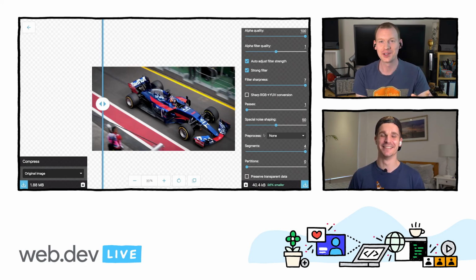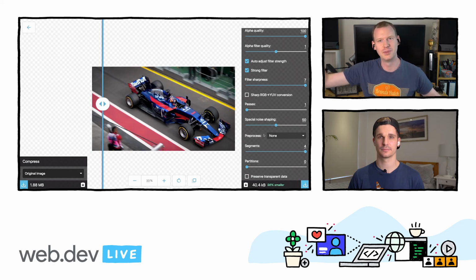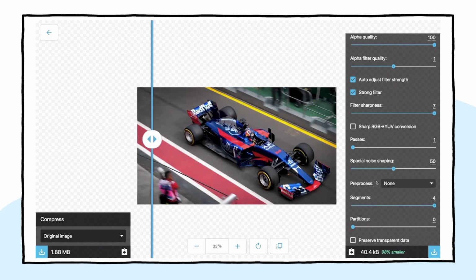Anyway, yeah. So the other option is spatial noise shaping. And so WebP can have these different strategies for different parts of the image. SNS, what that does is it changes the extremity between those different strategies. So higher SNS takes bytes away from the stuff that least needs it and gives it to the stuff that needs it most. It's like Robin Hood for image compression, basically. In some images, turning that up to 100 has a positive result. It doesn't here. 50 is actually pretty good for this image. Can you go too high, in the sense that like going higher makes the image worse again? Yeah, so, and with this image, it does go worse. Interesting.